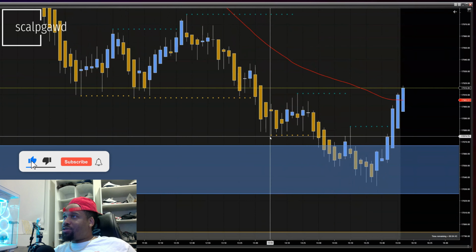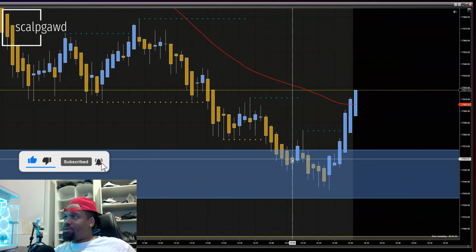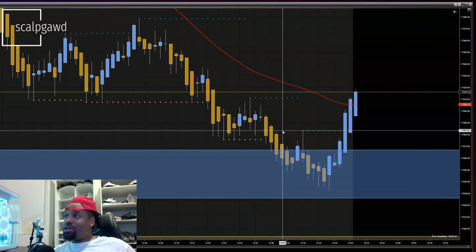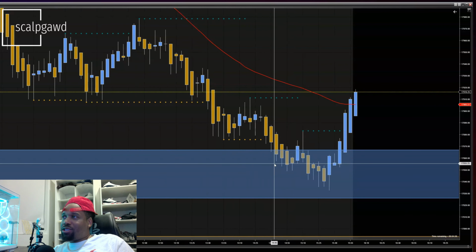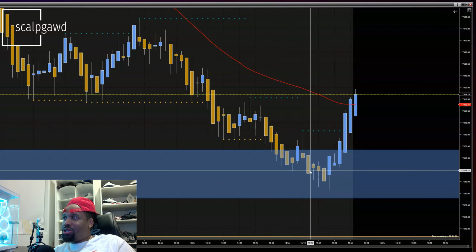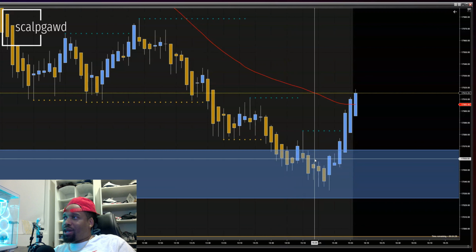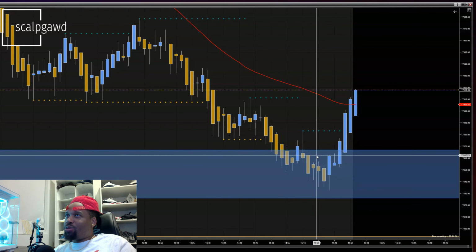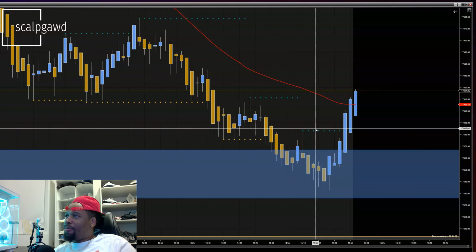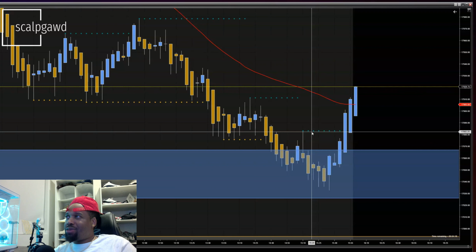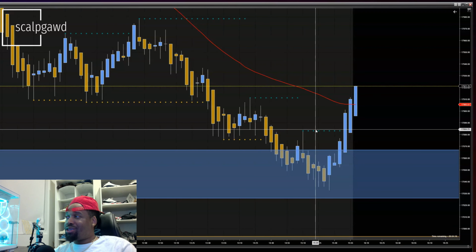So, main thing I was looking for was just some momentum slowness in the bears. And once it got to this zone, and I saw like this doji and this hammer, this doji right here, kind of figured that price was slowing down. At least we could get some good buy side volume coming in, some buyers coming into the market. This thing is actually pumping right now. I should have stayed in.